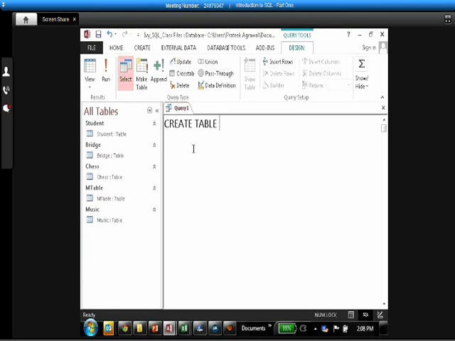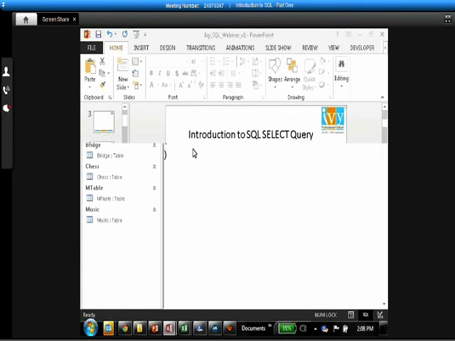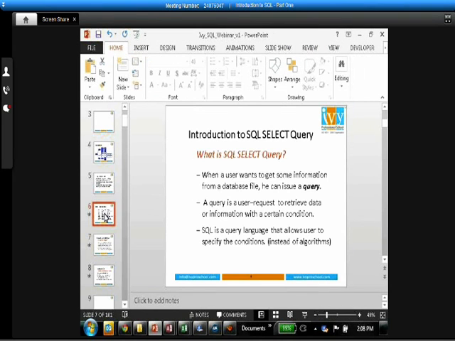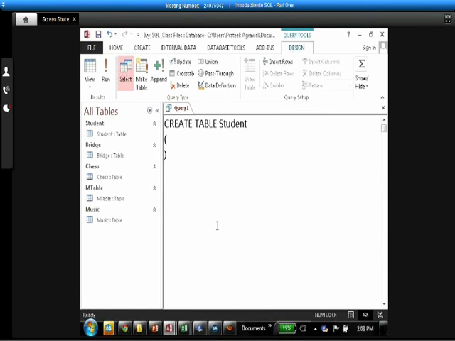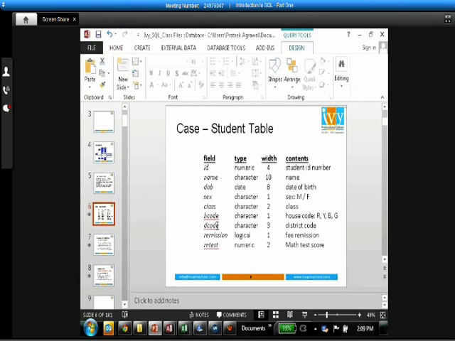But I'm going to start with create. So create table, and then the name of the table is student, right? And then opening and closing parenthesis. Within the parenthesis I'm going to create those fields that I wanted to create in that table. These are the fields: ID, name, date of birth, sex, H code, D code, remission, and so forth. So let's create ID, and the data type of ID is integer, comma,